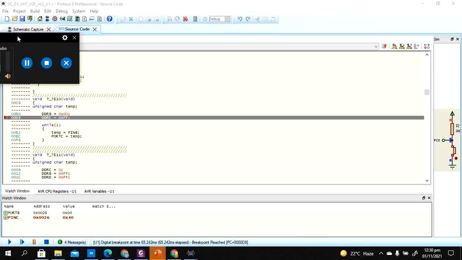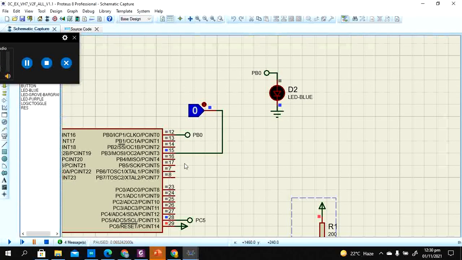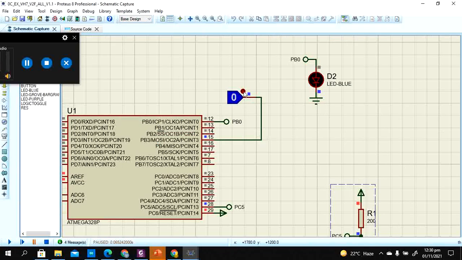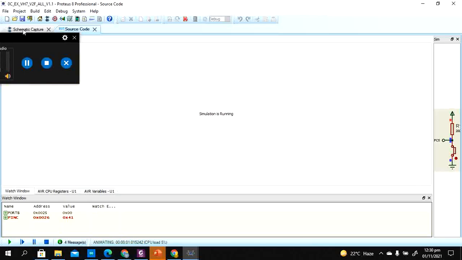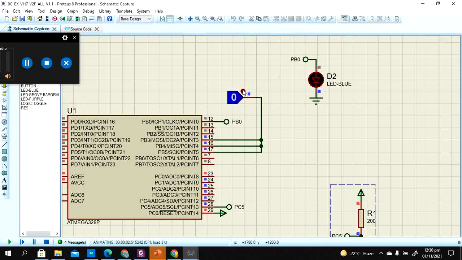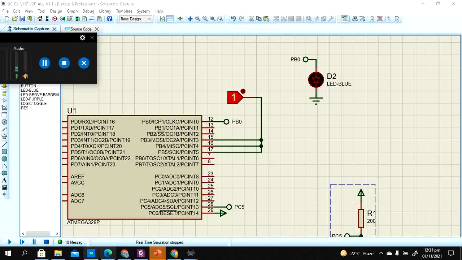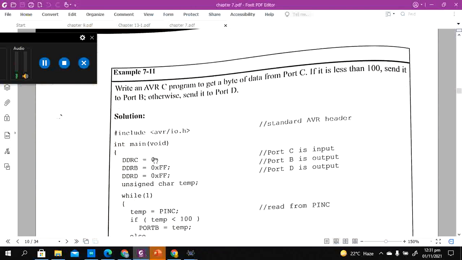So you can see the data is taken from pin B, input port B. I have added a toggle switch here, and when I run this program, you can see the data is changed. So if I add this data to multiple ports, whatsoever is the data here should be reflected at the output at port C. Let's run this program. So you can see the data is changing as it's changed.